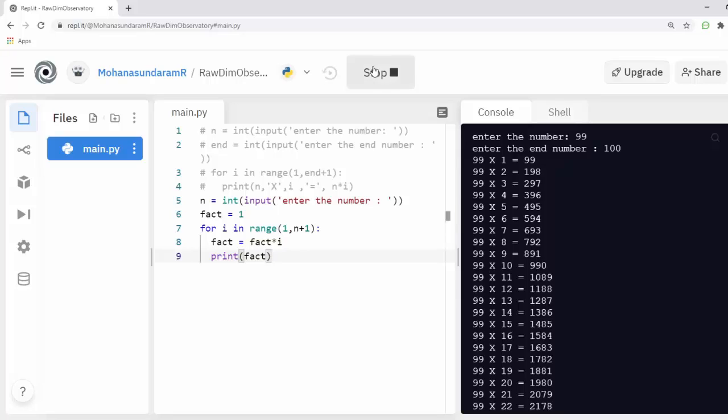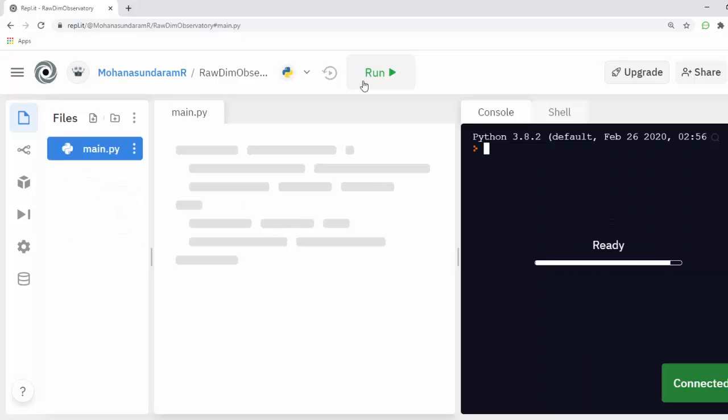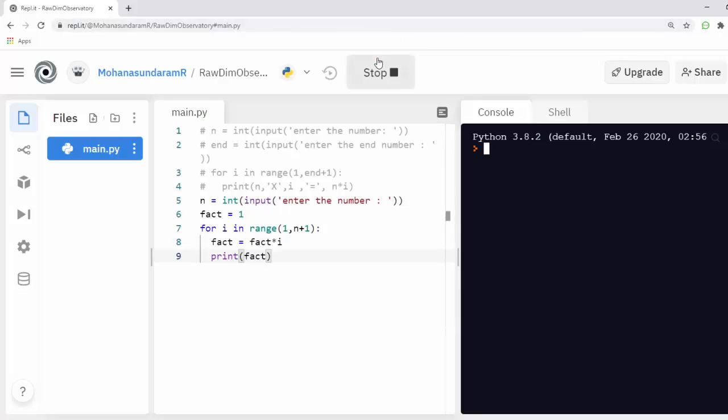If I run this code, okay, I'm running this code. I need a factorial of 10. Okay, we got the answer. The factorial of 10 is this.